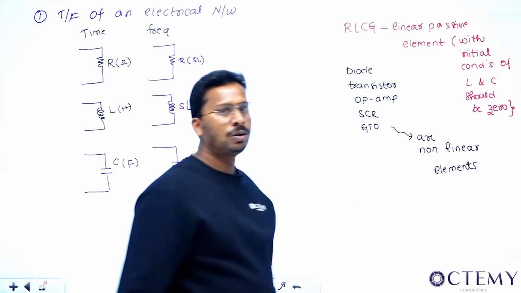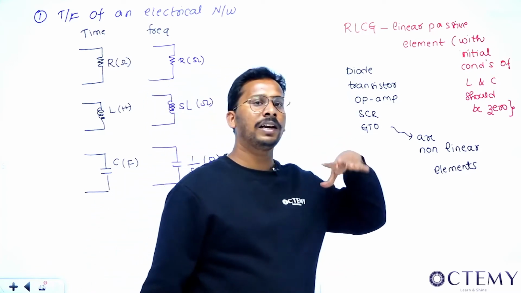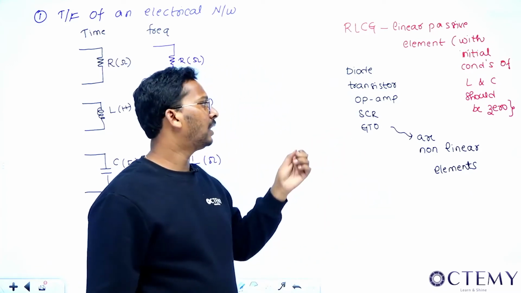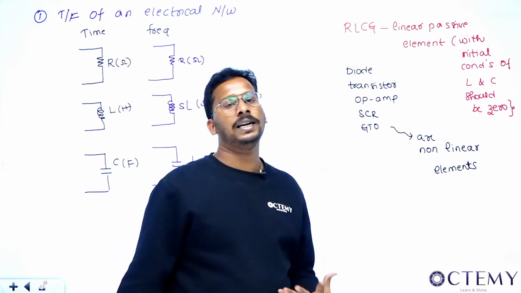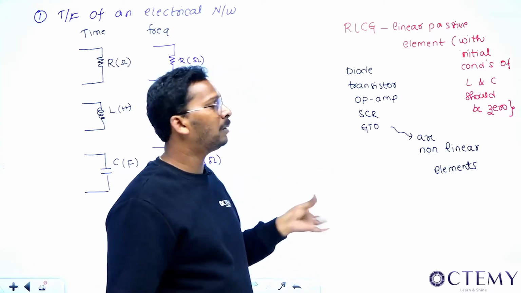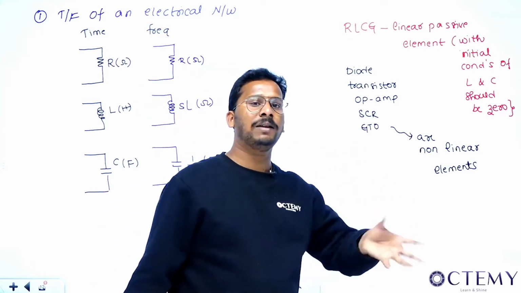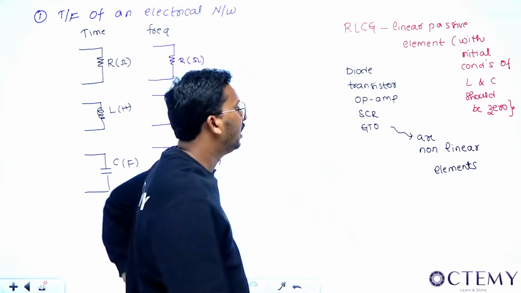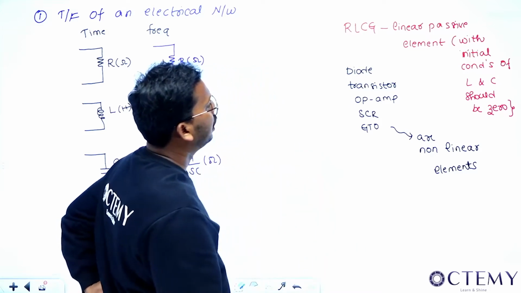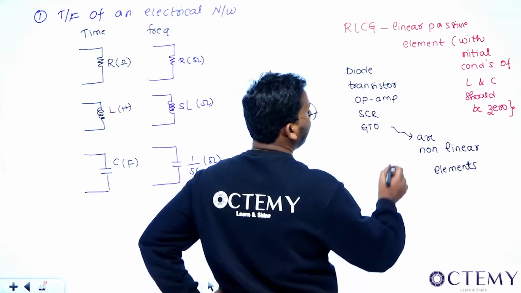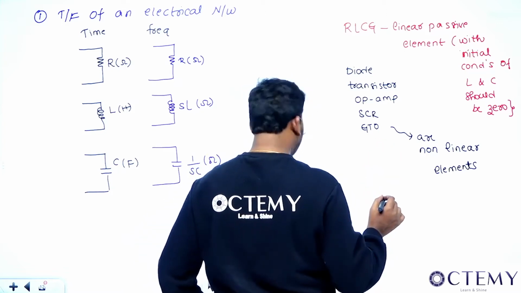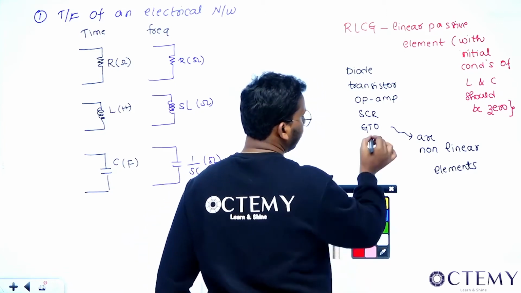Voltage source, current source, whenever we are trying to find the transfer function, the input and output will be voltage and current only, sir. So we don't talk about them. If the input is given, then based on its step or ramp, we will substitute it, right? We only talk about these devices. So these are non-linear elements. Why are they non-linear, sir?